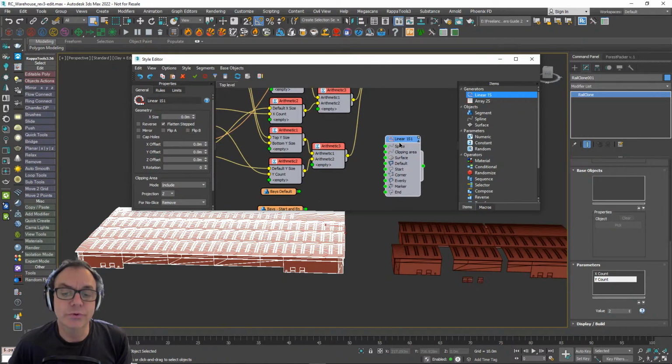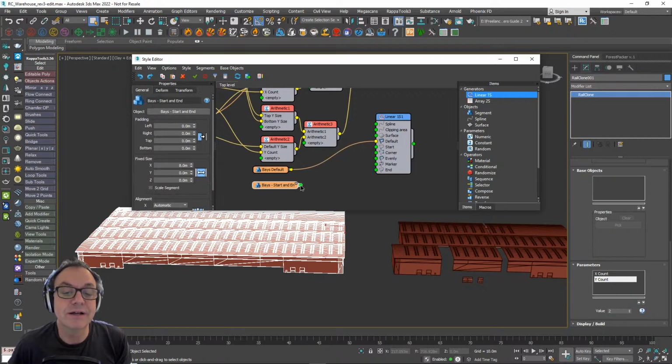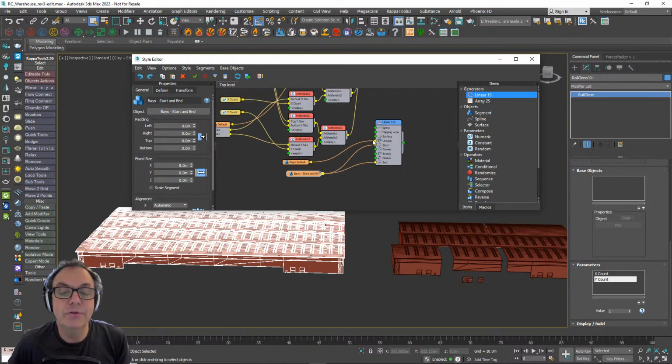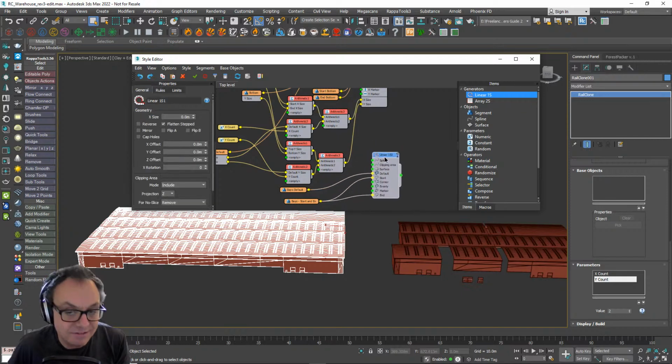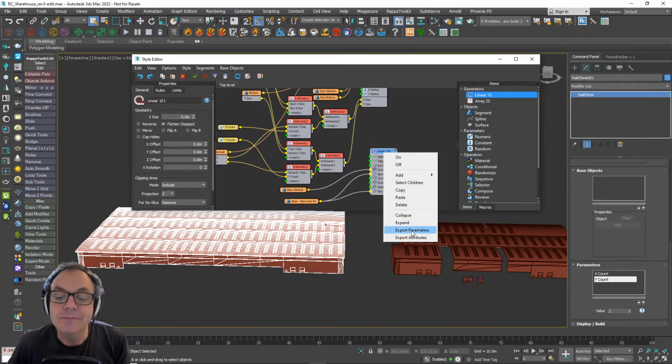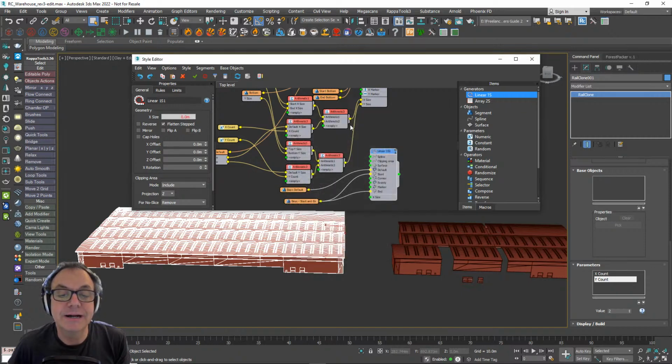So what we'll do is we'll use this linear generator, and we'll just wire these up. So this is easy enough. We'll just wire this to the default and the start. This is the double doors down here, and the start and the end. And now we've already got some measurements for our size that we can use to make sure these things scale together. So here, for example, I've got X size. I can use that to set the size of this array. So I'm going to export the parameters, go to geometry, X size, OK, and then wire that up like that.